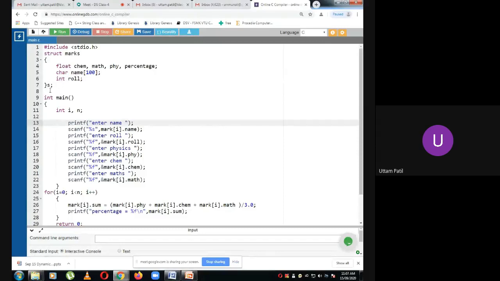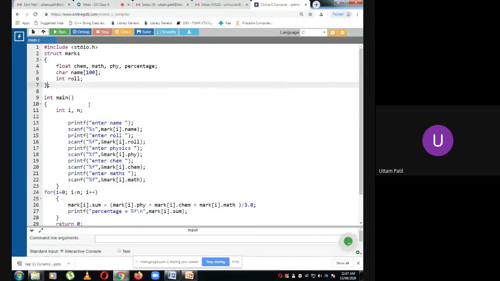One method is this, where I just write struct marks, define the structure, then write the variable name right there. In this case, S is a global variable of structure type. So S dot chem, S dot maths, S dot physics you can use. So this is one way of declaring.